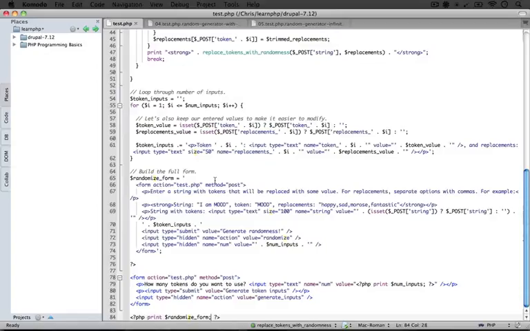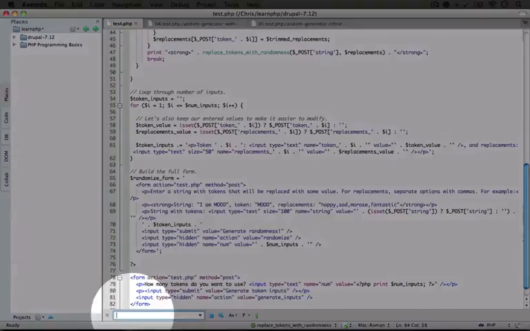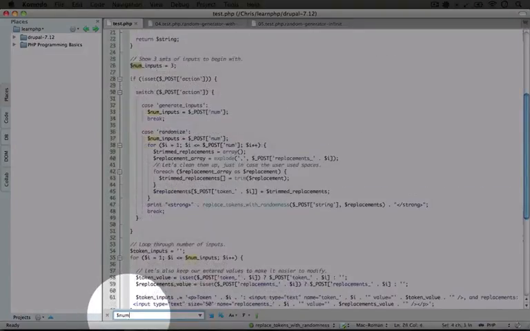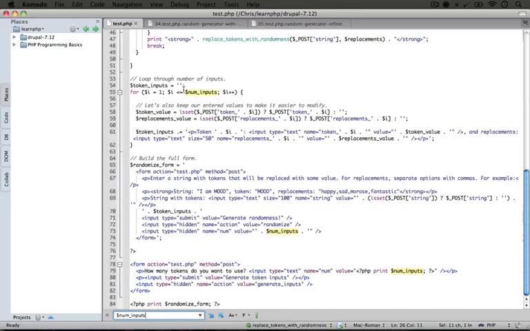Let's do an editor search for the string num inputs and see all of the places where it's mentioned. So I'm pressing Ctrl F in order to open up this dialog at the bottom of the screen, and I'm going to type in num inputs. Okay, I'm going to scroll back down to the bottom. So we see it at 3 points after we set it.